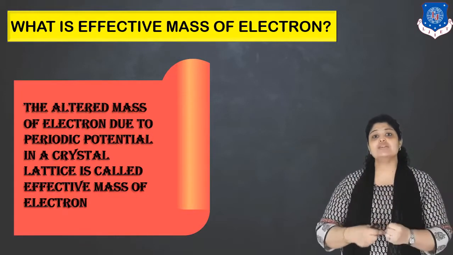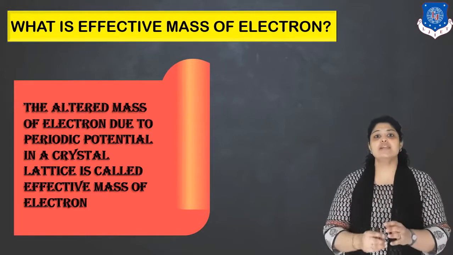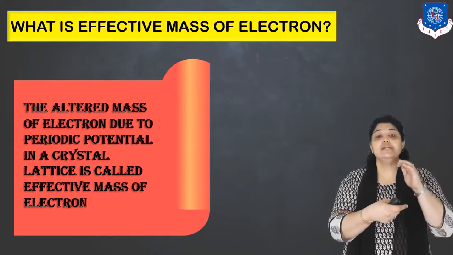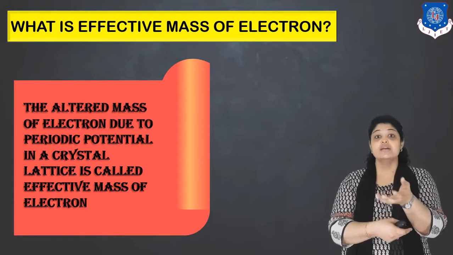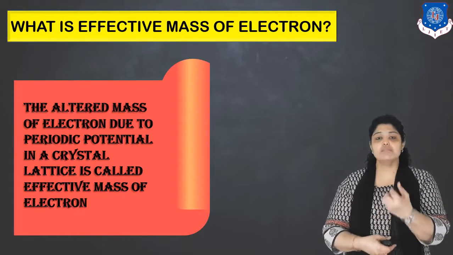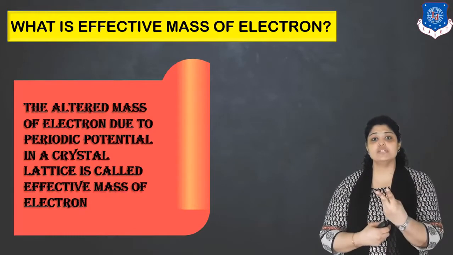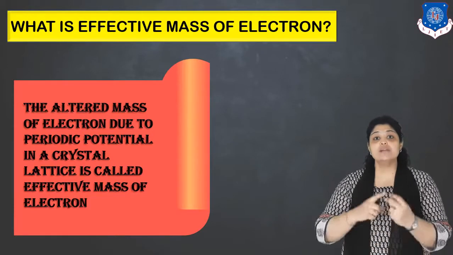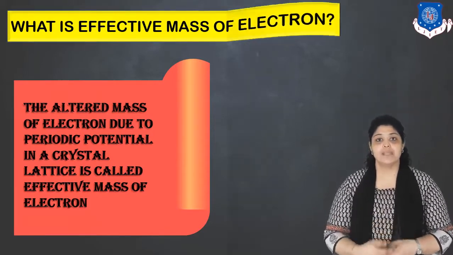Now the same electron we assume in a periodic potential. Same amount of electric field is applied to the second electron. What will happen? It will definitely accelerate in the direction opposite to the electric field. But because of the periodic potential, the electron is under the influence of two forces. One is the external force due to electric field. The other one is due to the periodic potential inside the lattice.